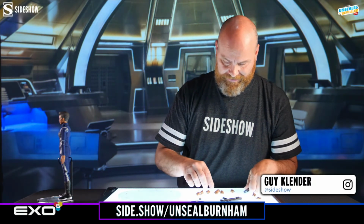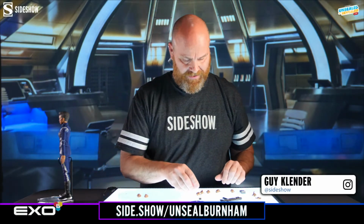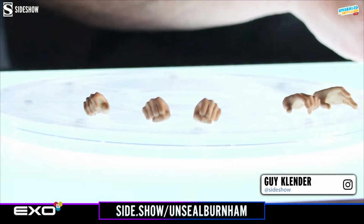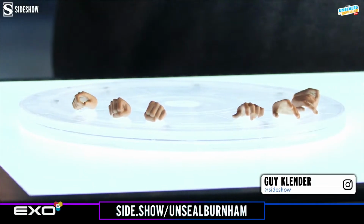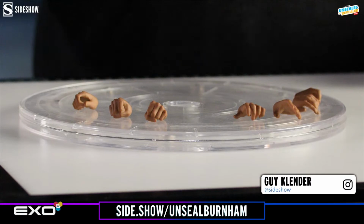Now let's take a look at the hands. On the figure, we're going to come with relaxed hands. We get some really great ones here, both right and left. We're going to get hands for holding the phaser, hands for holding communicators, hands for holding the phaser rifle. Okay. But as we know with this character,